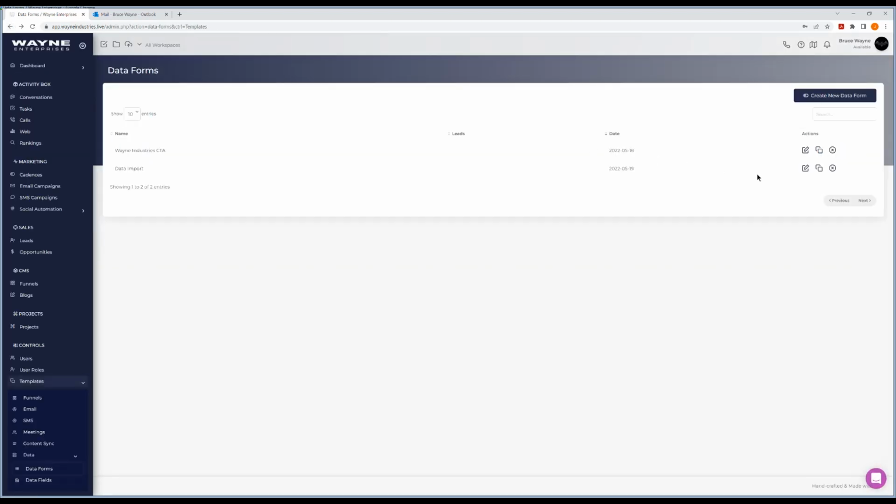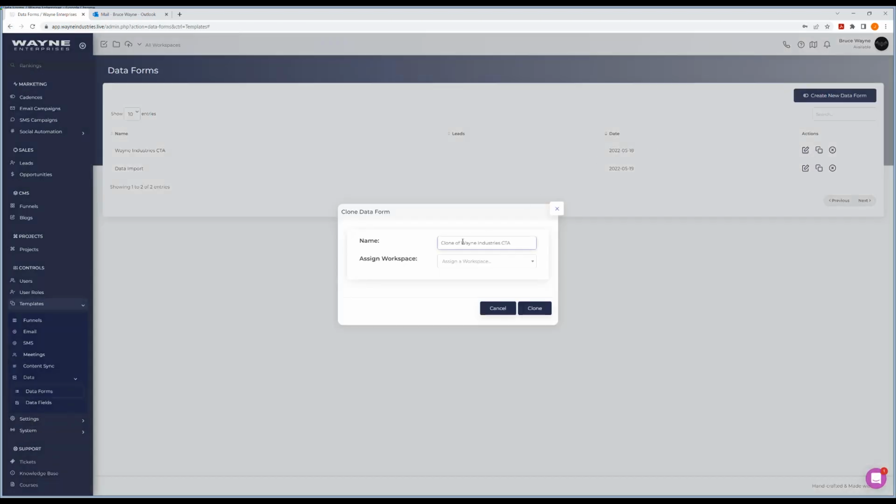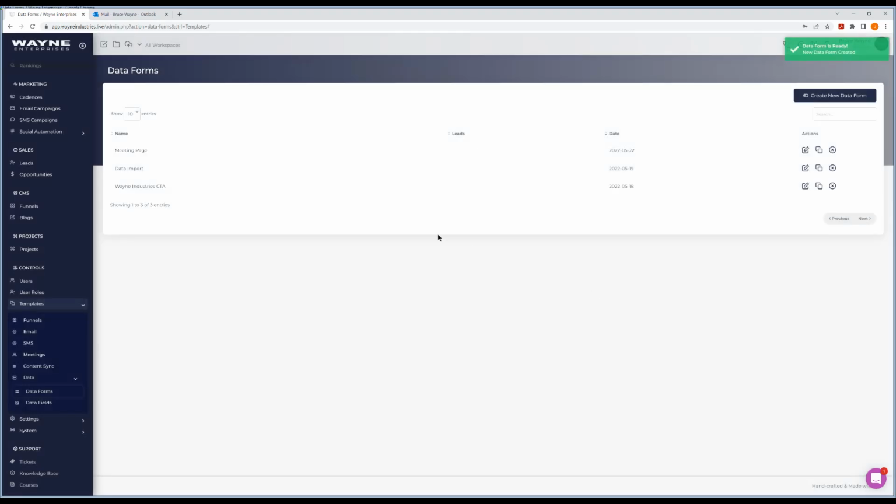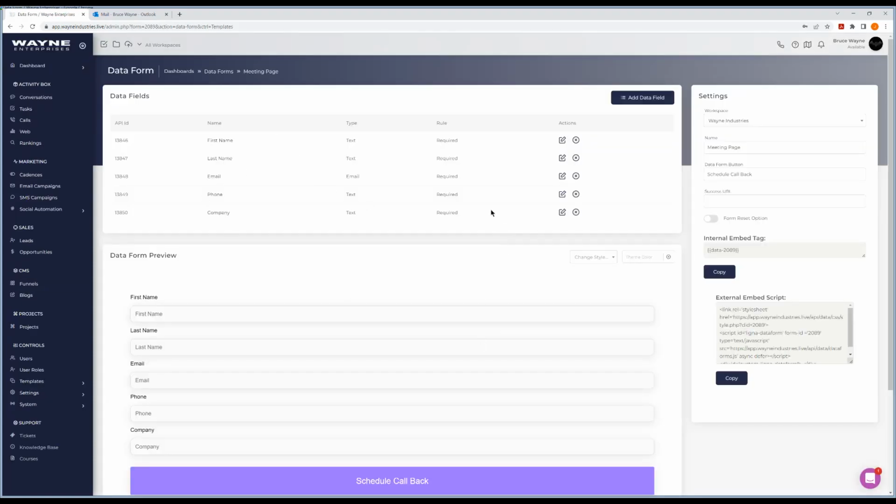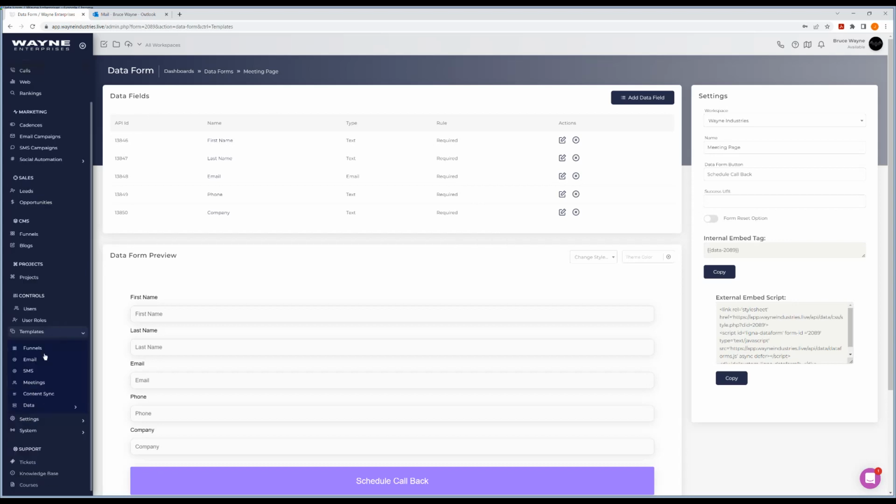So I can easily just clone this, and I'm going to go ahead and select Wayne Enterprises or Industries as the workspace, and I'm going to change this to meeting page. And select that and hit clone. And so what this is doing is it's cloning all the fields. So all the fields that I set up prior, everything that it did is that, but it's assigned to this particular data form. So now that I have this data form set up just for meeting pages, I am going to go back to Templates, click on Meetings,